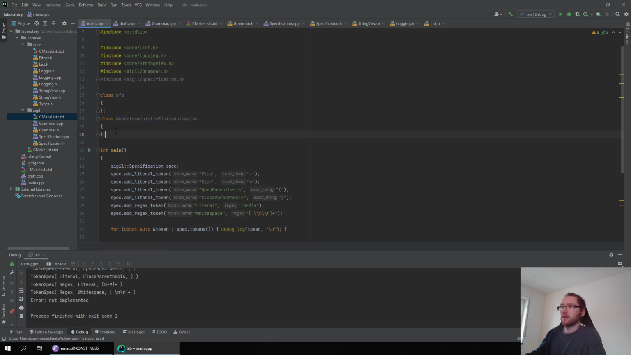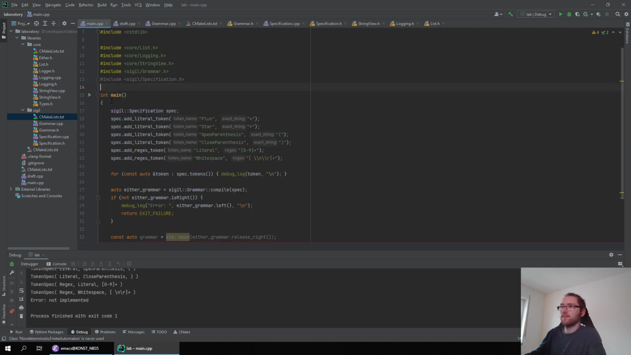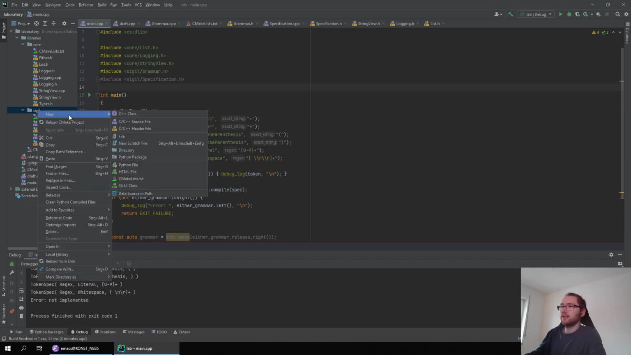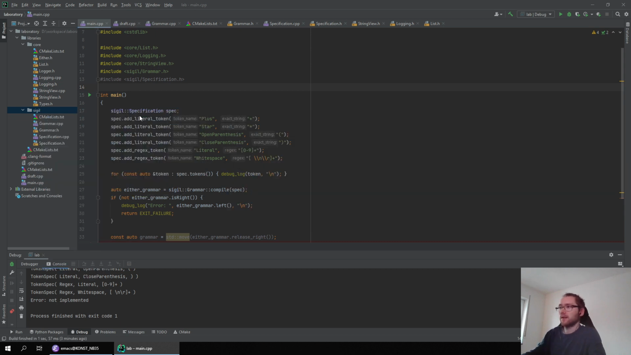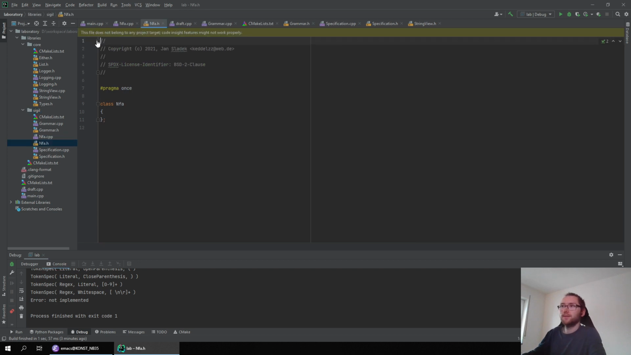Let's use the long name. Well, no, I hate myself. I have to retype this every time. I think I will just call it NFA. Much shorter. So let's